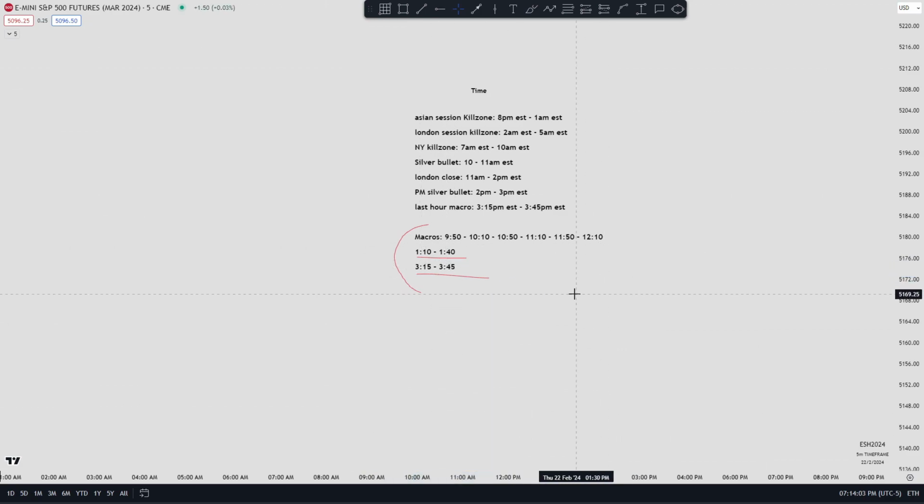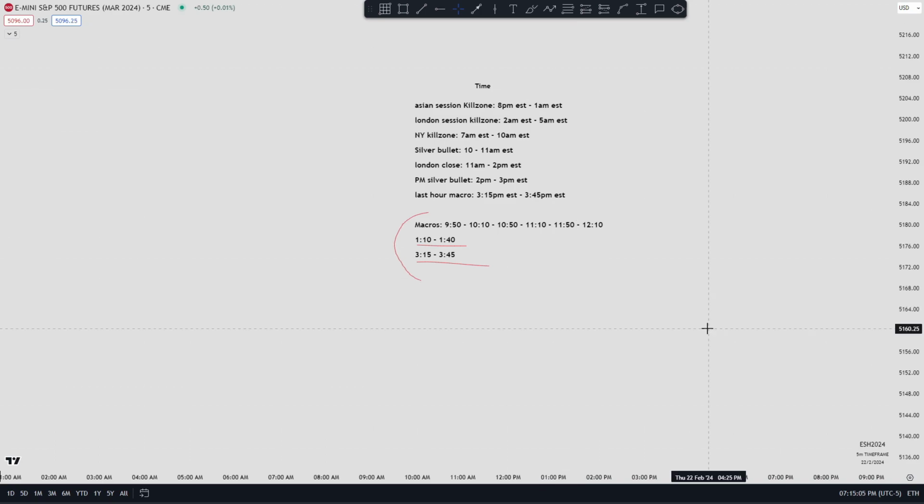And it's important that we note all of these time frames and understand what is a kill zone and what is a macro. The best way I can explain the macros and kill zones is from a job perspective. When you come into a job, you clock in at a certain time and you clock out at a certain time. It's the same thing when trading, right? The kill zone is you clocking in, and the end of that kill zone is essentially you clocking out.